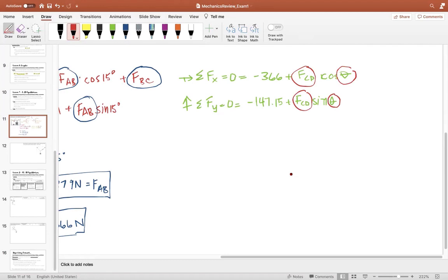Tangent is sine over cosine, right? So I divide this whole equation by this whole equation,